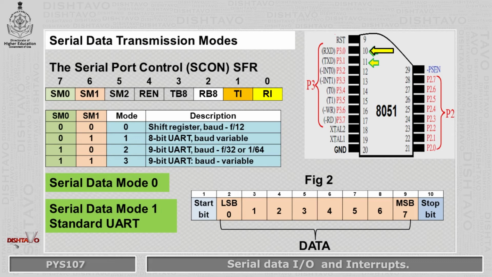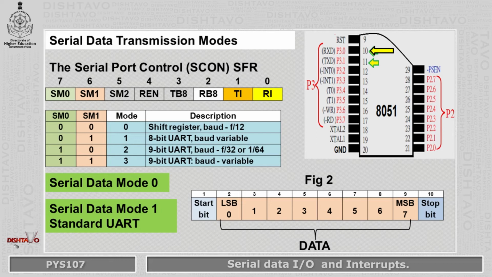Pin RxD receives all data while pin TxD transmits all data. I hope you can see pin number 10 as RxD and pin number 11 as TxD, receive and transmit data. Figure 2 shows the format of the data word transmitted or received.